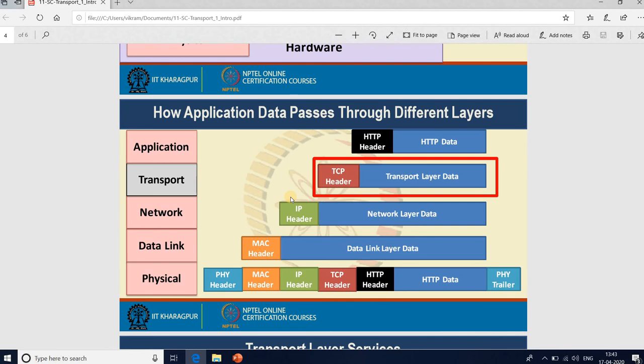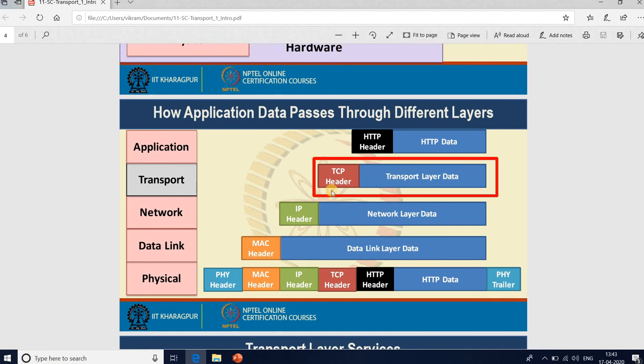The transport layer has its own header with the transport layer data, and it contains multiple pieces of information for mapping the transport layer protocol. Now this entire transport layer data and transport layer header comes as data to the network layer, and the network layer adds its own header.